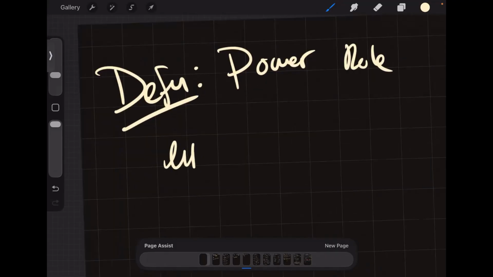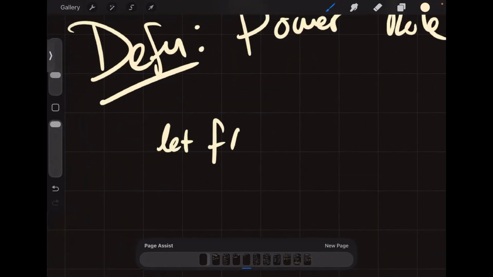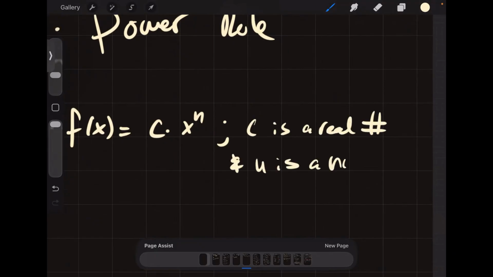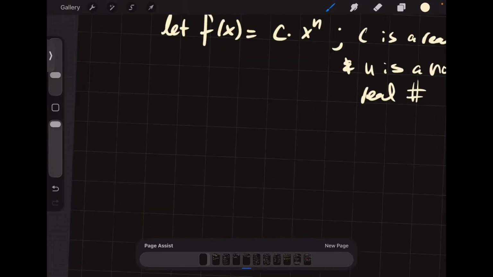Let f of x equal c times x to the n, where c is a real number and n is a non-zero real number. Non-zero is key here, okay? Then